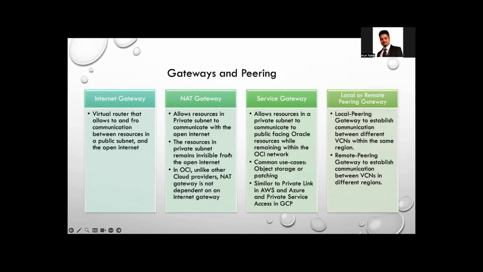These are the different gateways that you have. An internet gateway, which is nothing but a virtual router that allows to and fro communication between resources that are residing in a public subnet and the open internet. That means those resources can also be accessed from within the open internet. Anyone out there in the open internet should be able to connect to those resources if you do not have proper security in place. The second one is the NAT gateway, which is the